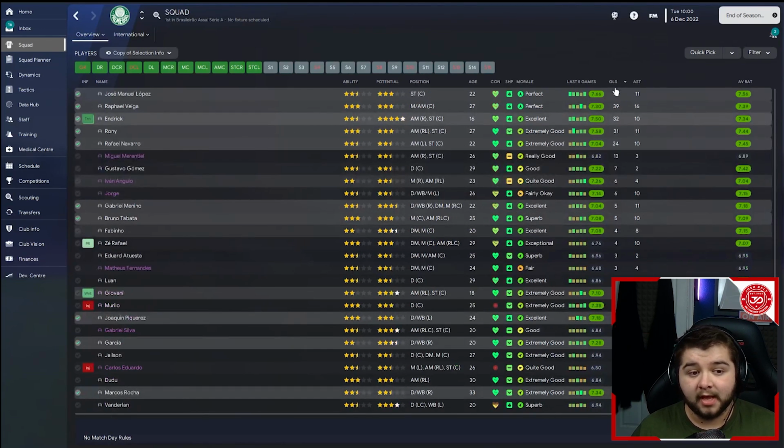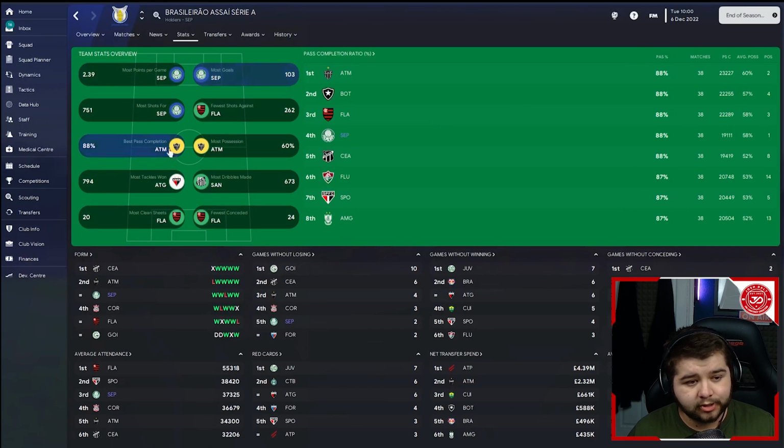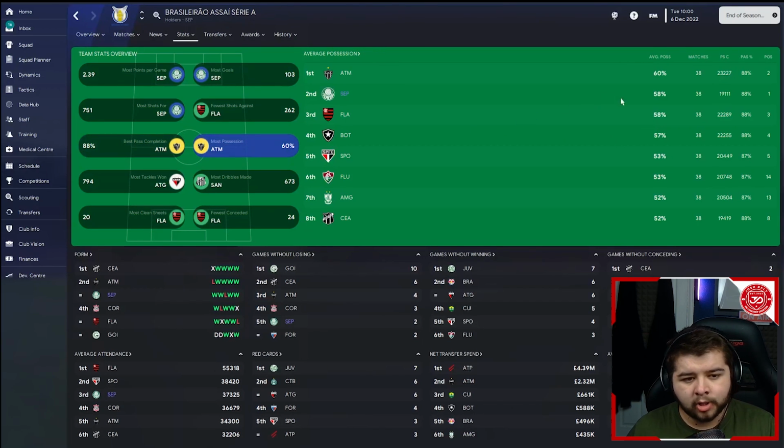I mean, that is probably one of the most outrageous stat lines I've seen in terms of goal contributions and also goals. Everyone's been getting involved massively. And now we're going to go over to the league stats, and we do dominate a few of these ones, to be fair to us. So obviously, most points per game, most goals. If we go to the pass completion, we're actually in 4th this time, but all on the same. So matched up in terms of percentage at 88%, and most possession just a couple of percent behind, obviously, first